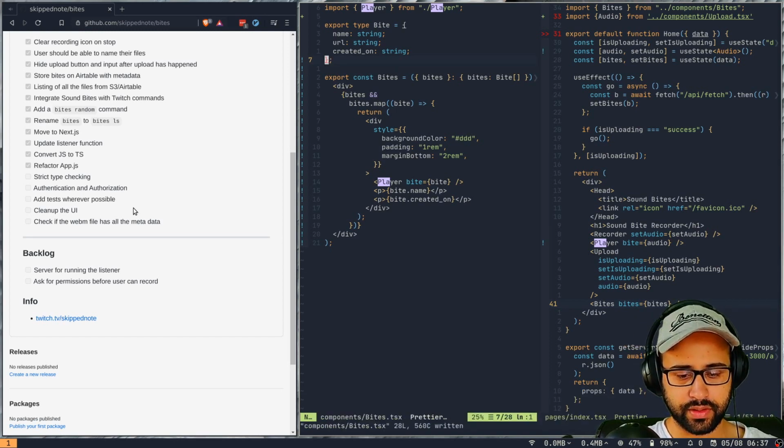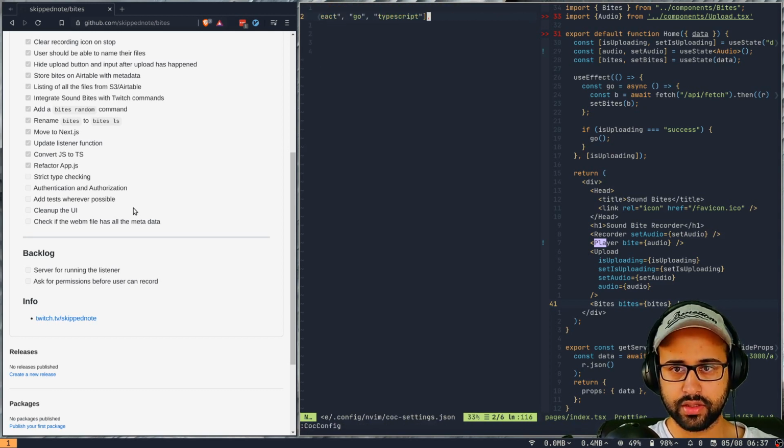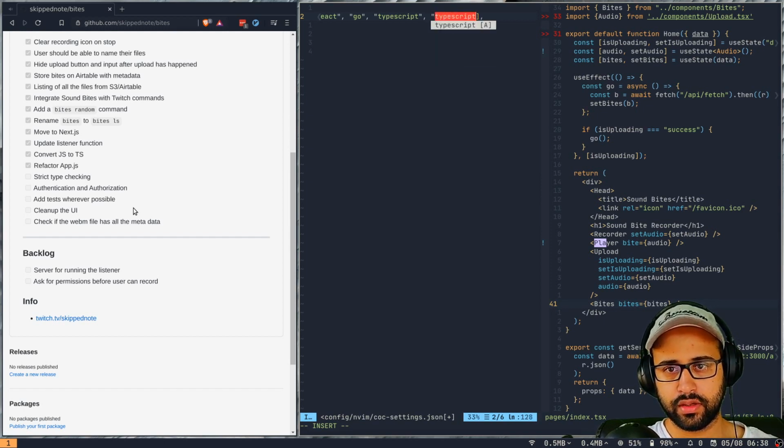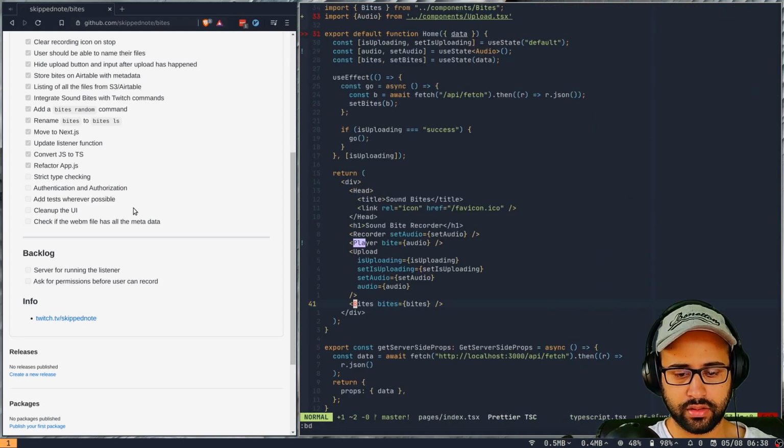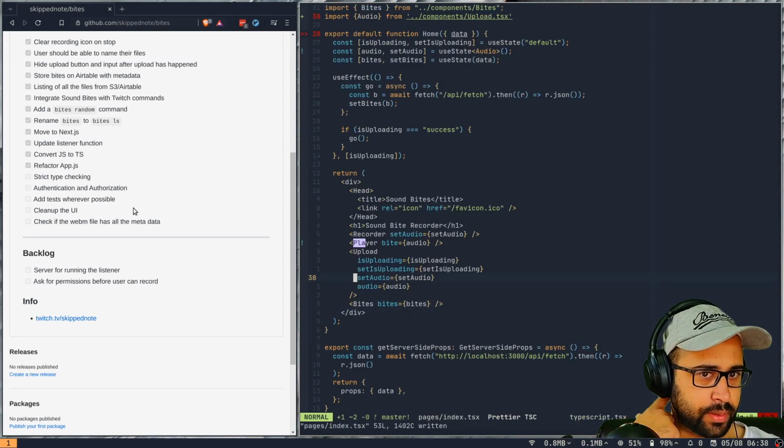Okay, let me save this file first, and then to this I'll add typescript.tsx. Yeah, I think it should be fine now.